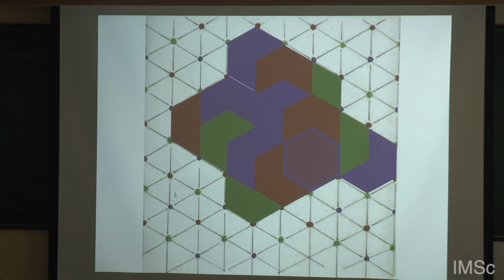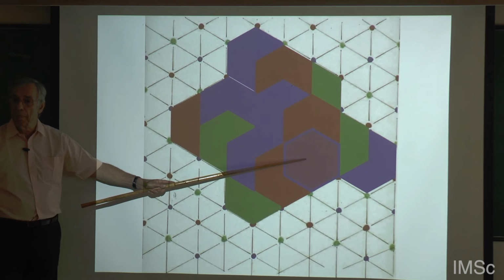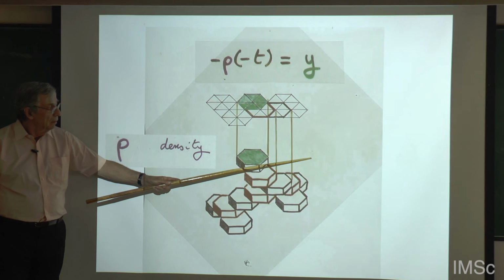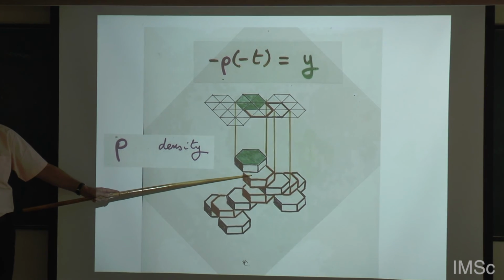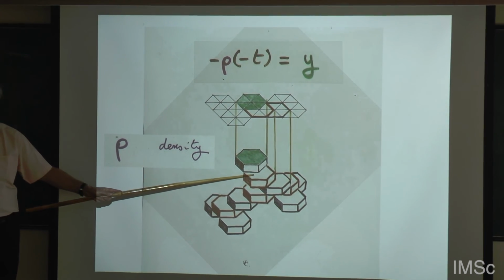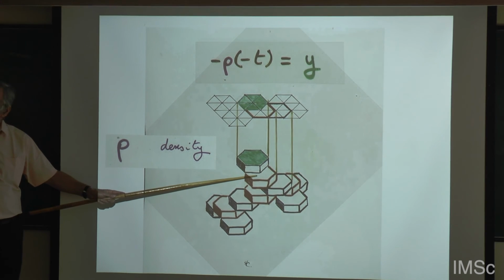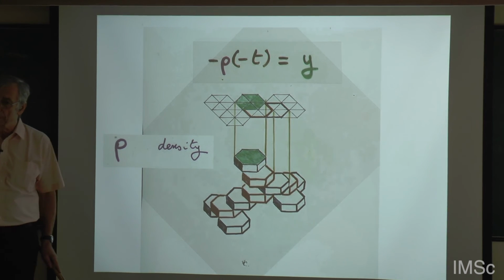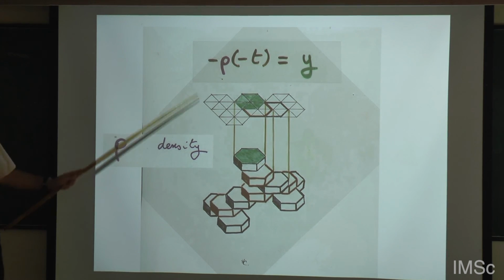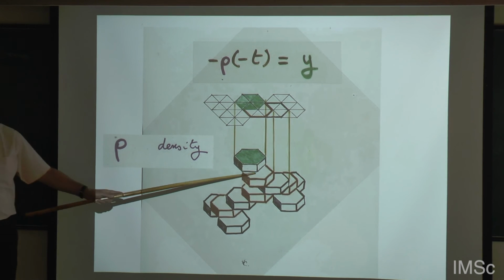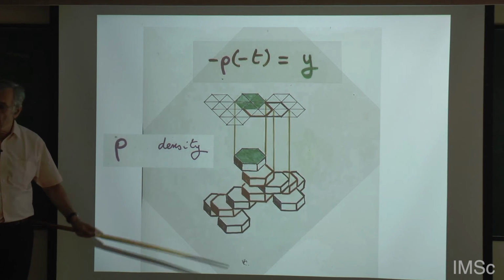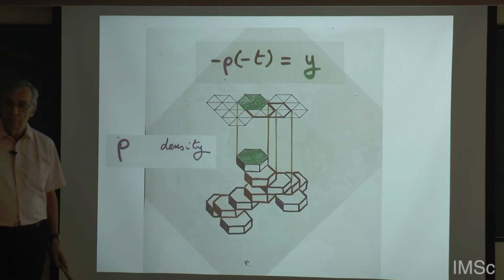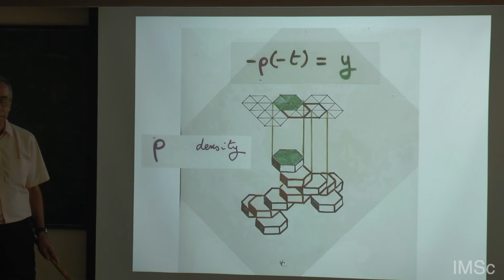And pyramid means there is only one maximal piece. This is a pyramid of hexagon. And I claim that in the heaps theory, you can give an interpretation of the density of the gas, T times the logarithmic derivative of the partition function, and the density of the gas, the coefficient Bn of T power n, is exactly the number of pyramid of hexagon, up to translation. So you have to count such pyramid of hexagon.